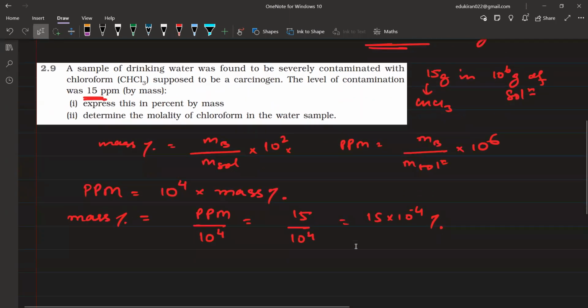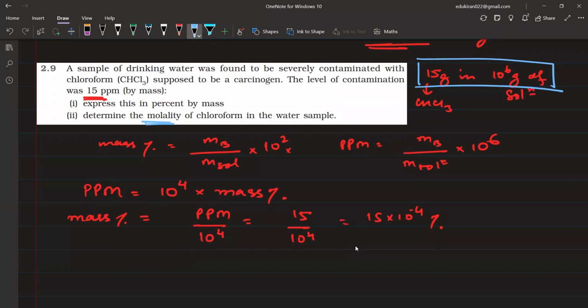Done, guys. Let's determine the molality of the chloroform in water sample. ठीक है? So यहाँ से you can calculate the molality from here. 15 gram in 10 to the power 6 grams of solution. Now, if you have 15 grams in 10 to the power 6 gram of solution,